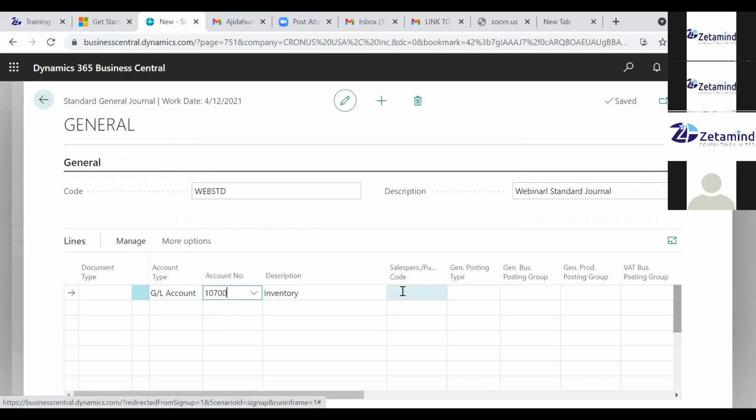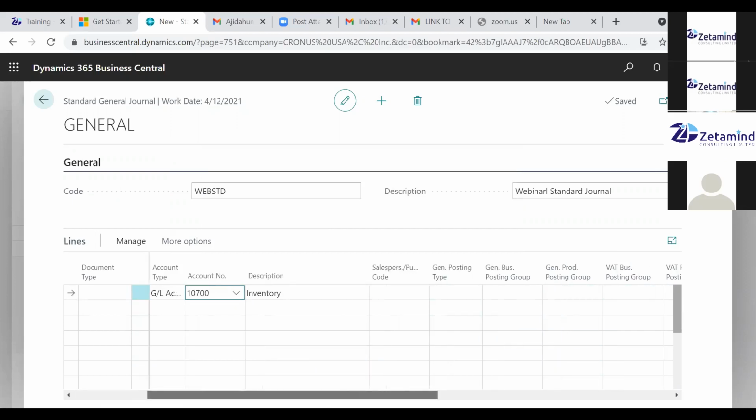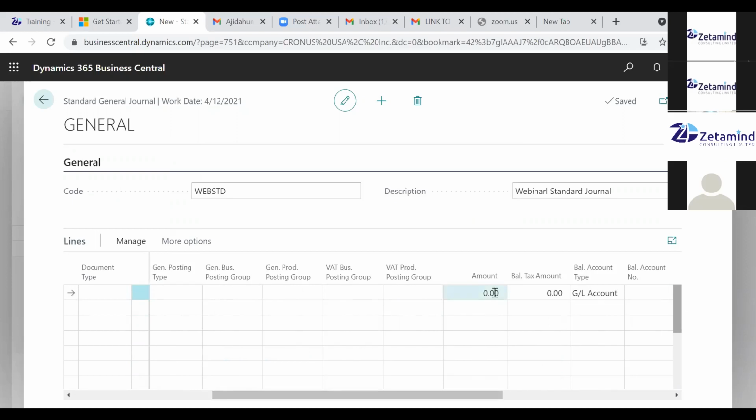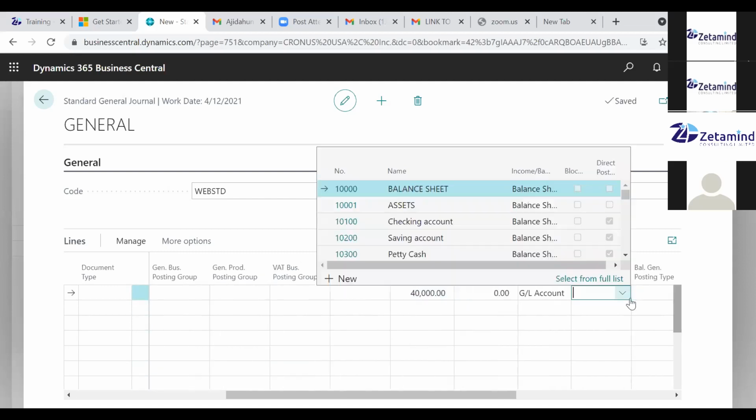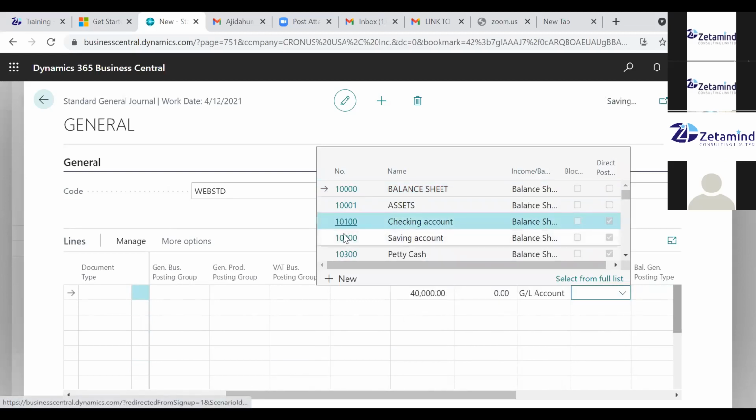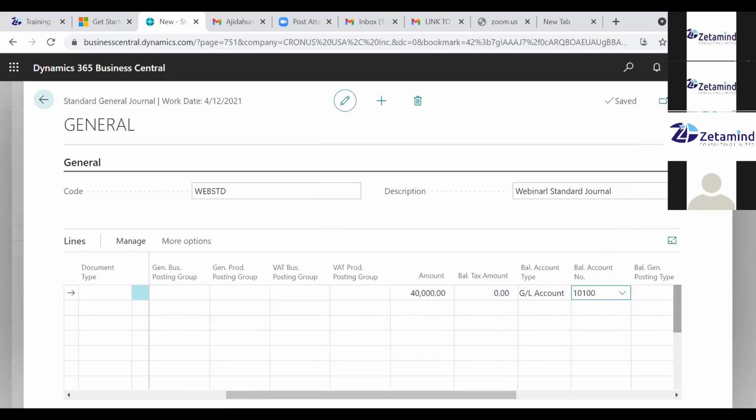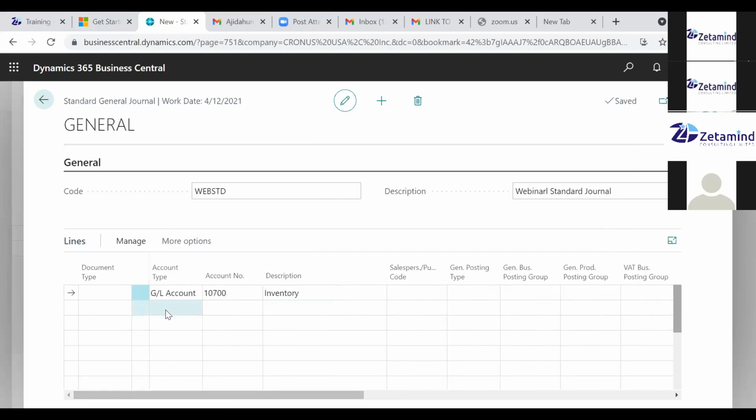If that is what I want to do, then if you notice, you see that it also has the amount. It has everything, just like a normal journal. It also has the balancing account. If I also have a balancing account, I can put it there. I will just set it up once. So I want to pick maybe additional two